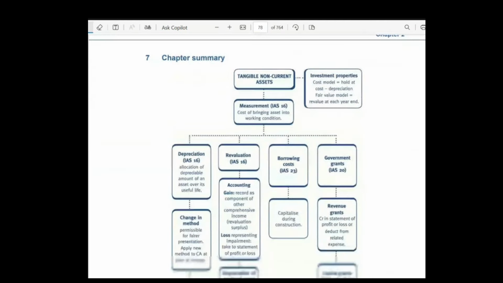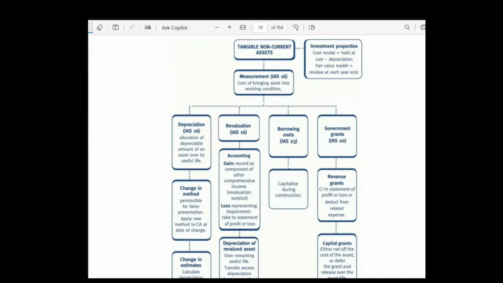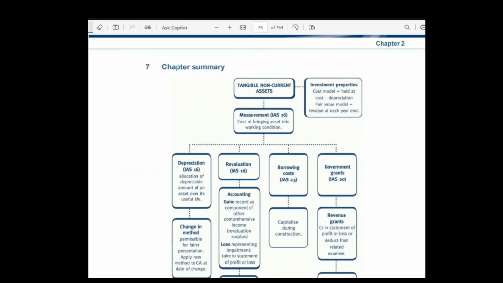Again, I recap: tangible non-current assets are measured under IAS 16, which is property, plant and equipment, and then investment properties are there. Like the cost model, which holds at cost minus depreciation, and the fair value model, which is revalued at each year end. So these are the models, and you can also make a map like this, which is helpful, or you can print it out for your further